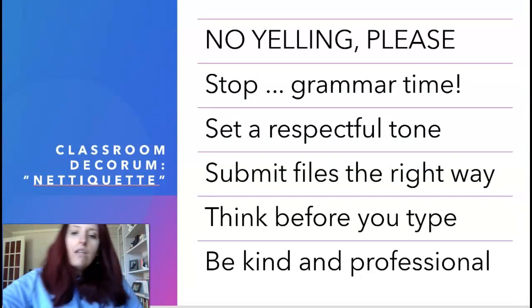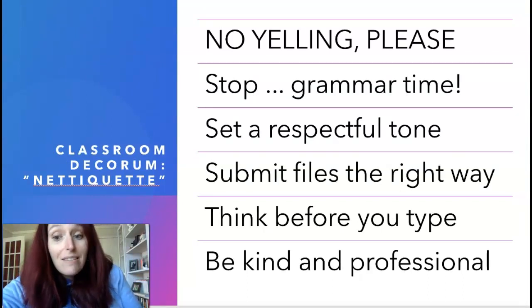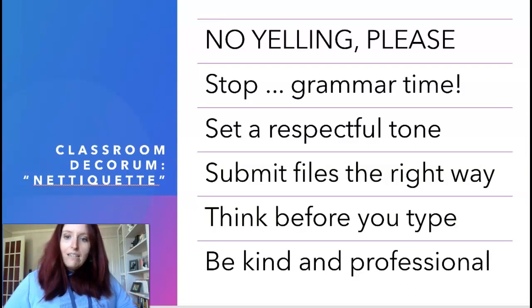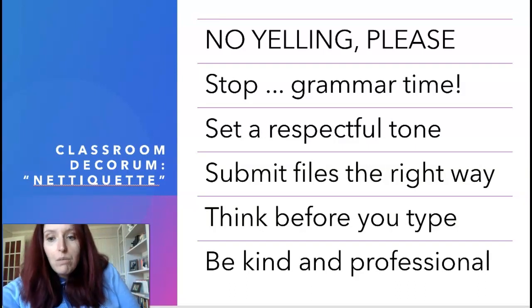Also, in your Start Here section, this is not in the syllabus, there is a netiquette description, but I did want to bring it up because it is important to recognize this classroom decorum or netiquette. Please don't type in all caps, no yelling. Remember, grammar is important, so make sure things are capitalized as they should be.